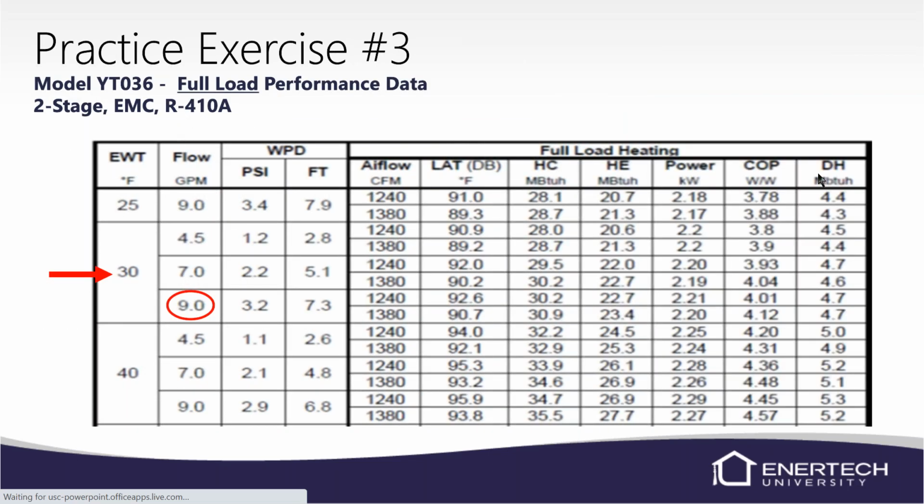This one here, if you look over to the far right, that's the amount of BTUs at that temperature. If the desuperheater was on, that's how many BTUs, 4.4, that's 4,400 BTUs, that the desuperheater would be robbing from the unit